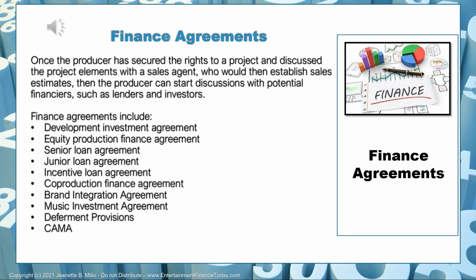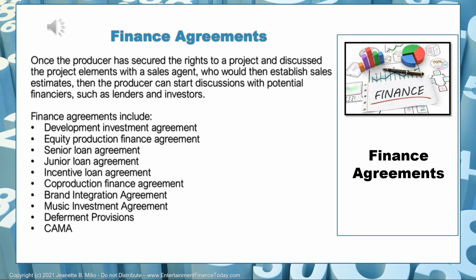When I do finance agreements, I have various options. I can do a development investment agreement, which is an investor who supports me in getting the project packaged and prepared to be funded, produced, and bonded. That development investment is part of my development cost in my budget, including the premium that would be due on it, which would be repaid on the day of closing. The development investor would not wait until distribution revenues are generated with this project. They would get paid on the day I am closing on my financing and starting production.